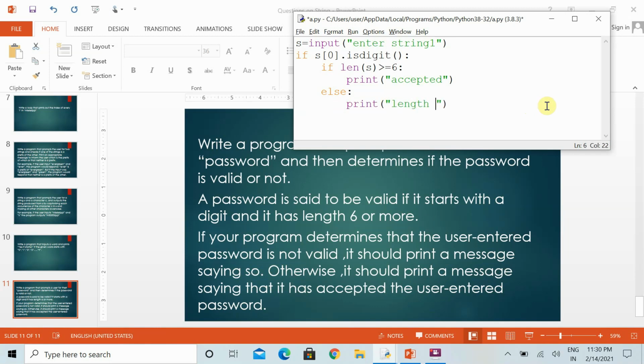The length should be more than 6. Otherwise, if this doesn't hold, you can straight away print "not starting with digits".